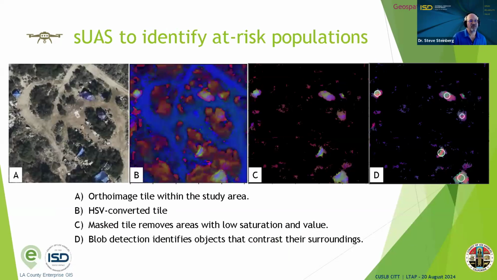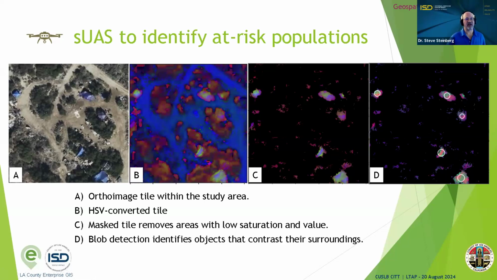We've done a little bit of experimentation, actually, with my grad students. This came out of looking for at-risk populations in flood zones or fire zones. So this is actually using drone imagery to extract encampment information, finding tents or tarps or other structures from the imagery. You can see the raw imagery here. You can see some of the processing steps, but these circled areas are what are identified as tarps or tents